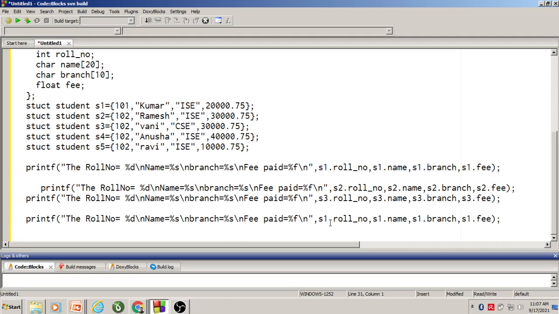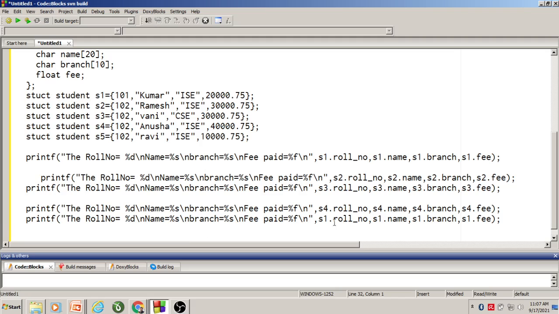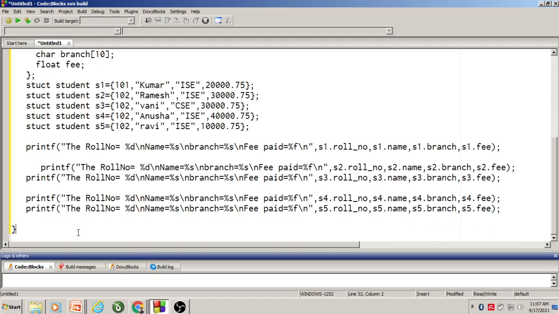Fourth student information: the fourth student is represented by S4, so I am just writing S4 here. And the last student is represented by S5. So this completes the program.